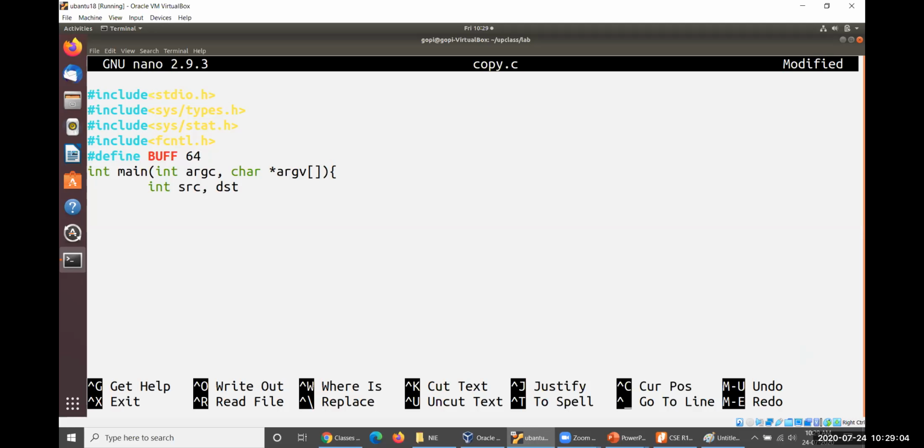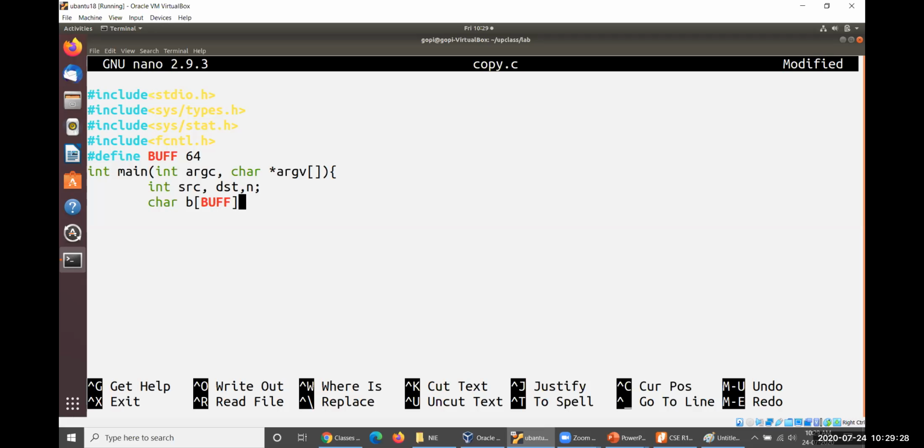Then an integer is also required for source and destination, and the number of bytes is also required here. Followed by char to make this buffer, I mean a temporary location for you to store, that is b of BUFF.